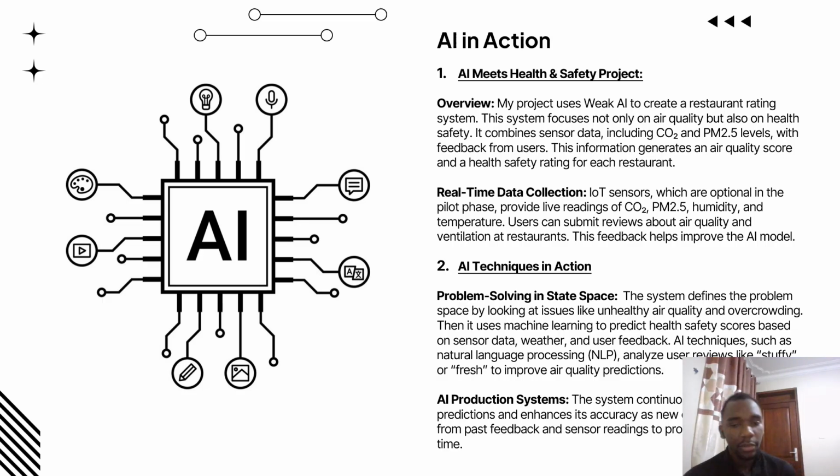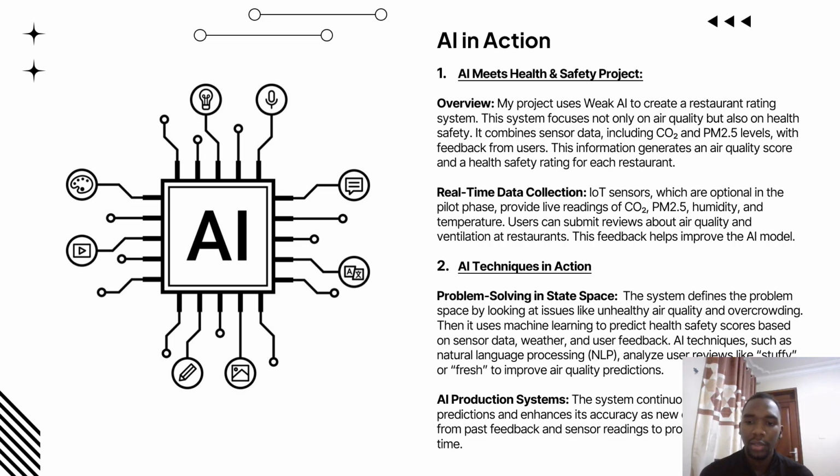So now it can create real-time data such as the temperature, humidity, and also user feedback. User feedback is about the air quality and ventilation of restaurants, and all of this is used to improve the AI models over time. So the system defines the problem space by looking at issues like unhealthy air quality and overcrowding, and then it uses